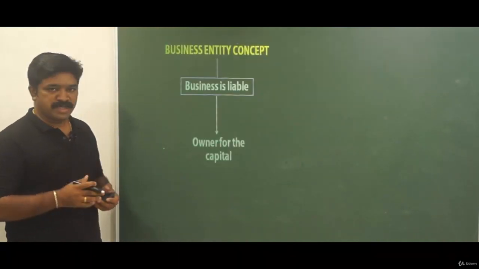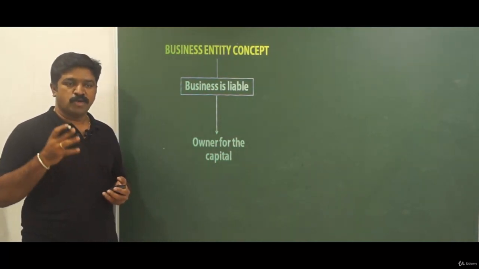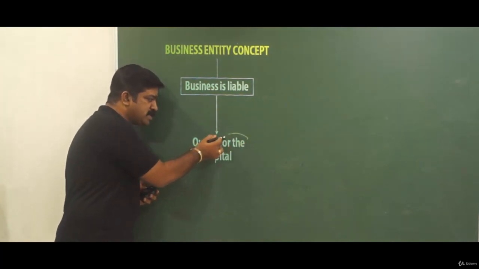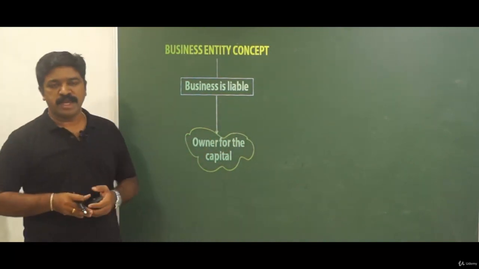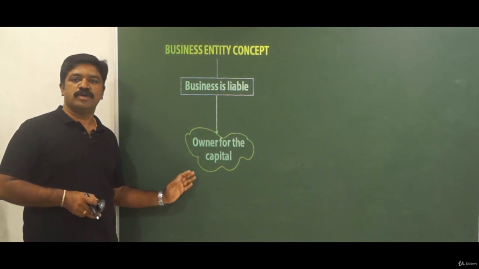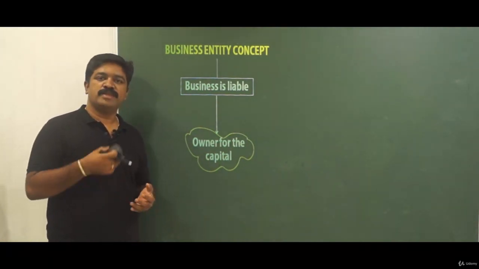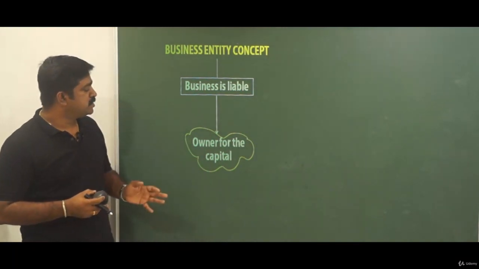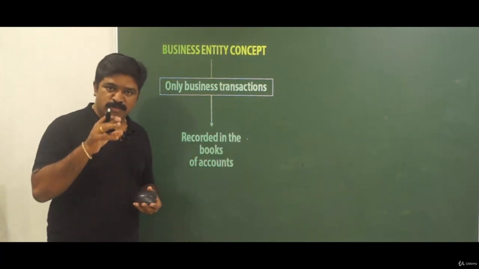Okay, so what does that mean? We said that business is an artificial person, right? So business is a separate person, and that business has actually borrowed money from the owner in the name of the capital. That means that business is liable to the owner for the capital. If the business has been closed, then that business should repay the money to the owners. Okay, that's why we say business is liable to the owner for the capital,